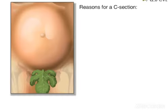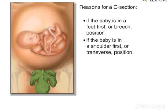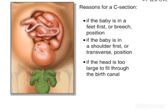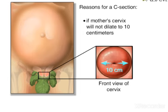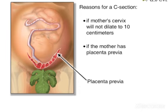Some of the most common reasons for a cesarean are: if the baby is in a feet-first, breech position, if the baby is in a shoulder-first, transverse position, if the baby's head is too large to fit through the birth canal, if labor is prolonged and the mother's cervix will not dilate to 10 centimeters, if the mother has placenta previa,